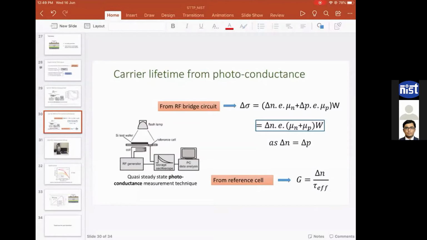Okay. Thank you for that question. During my talk, if you see my screen, can you see my screen? Yes. What I have shown here is a typical example of how the minority carrier lifetime is measured in a crystalline silicon wafer. This lifetime is the effective lifetime. That means this lifetime considers the combination of the bulk and surface recombination. This is typically true for silicon wafers only.